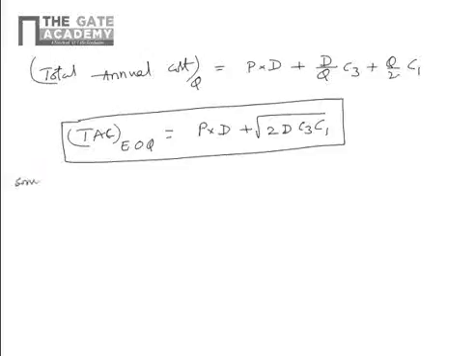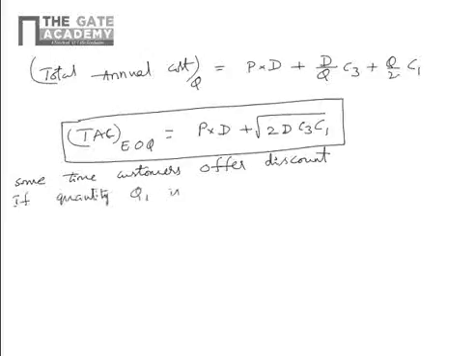Sometimes what happens is the customer offers a discount. So then what will happen to the economic order quantity? Suppose the quantity Q1 is ordered with a discount of R1 percent, then